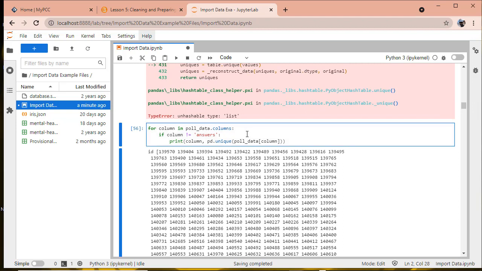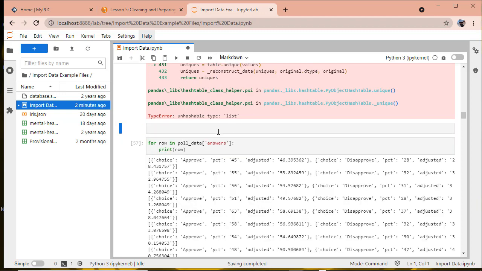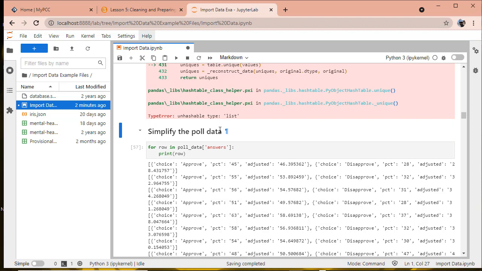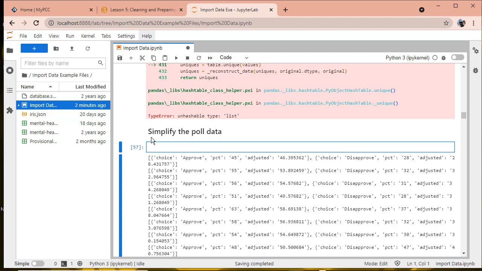Okay, so here I'm going to actually get rid of this. And let's make this a Markdown. And then let's simplify the poll data. And then for this one, I'm actually going to make my simplified data. So we'll say